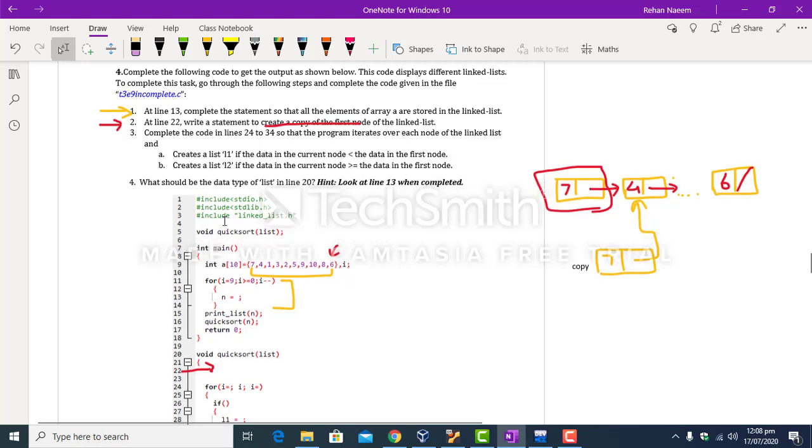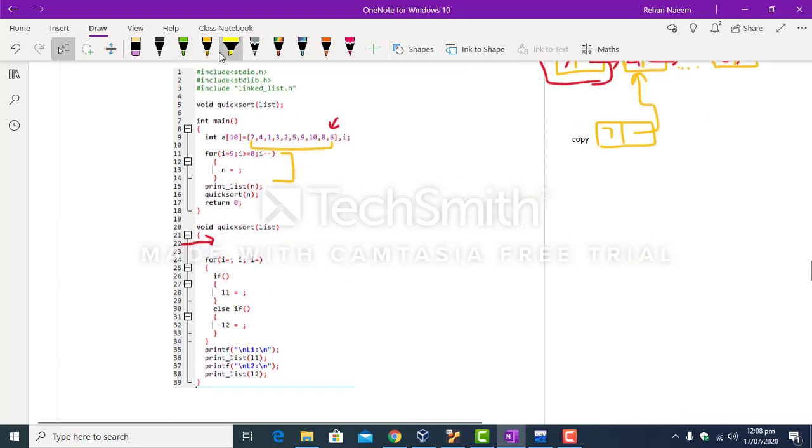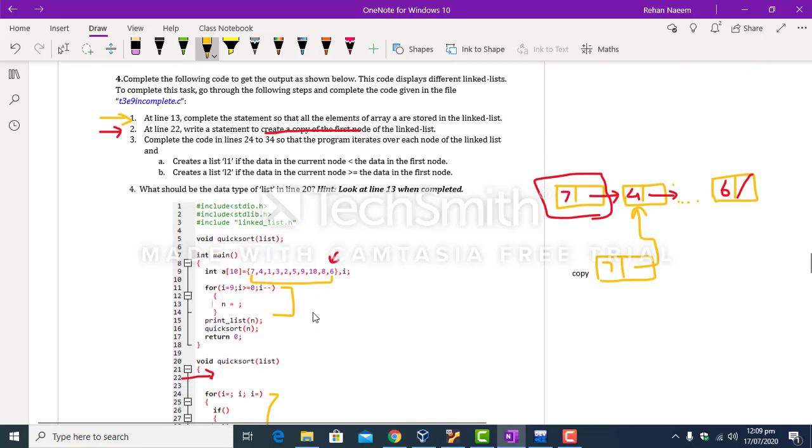Now to execute step 3, you have to fill the code present in line number 24 up to line number 34. So what is the algorithm? The algorithm is that your code should iterate over each node.